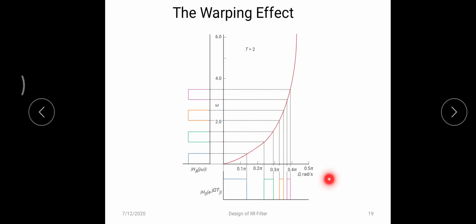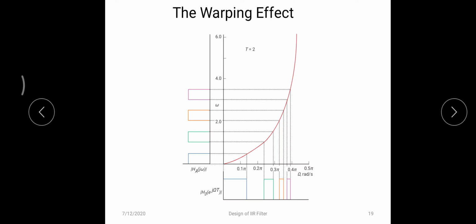Let us consider this is your analog filter and this is your digital filter, and this is the response curve for omega is equal to 2 by T tan omega by 2. These are equally spaced intervals in the analog filter transfer function. If I map these values to the digital domain by the process of bilinear,